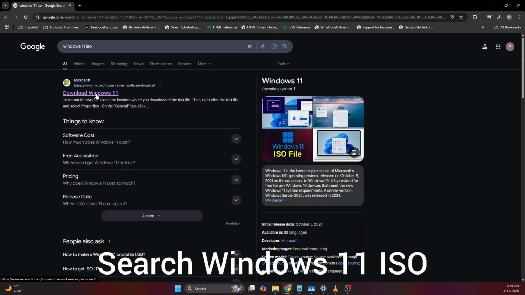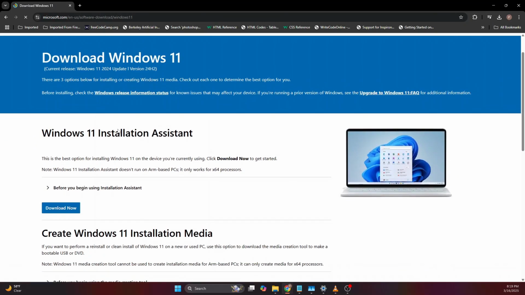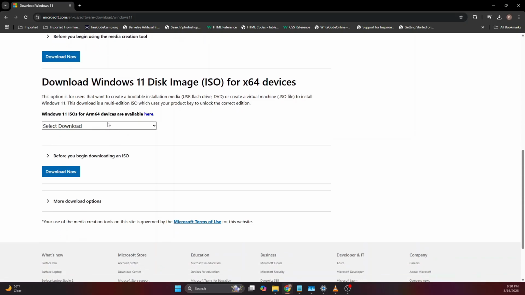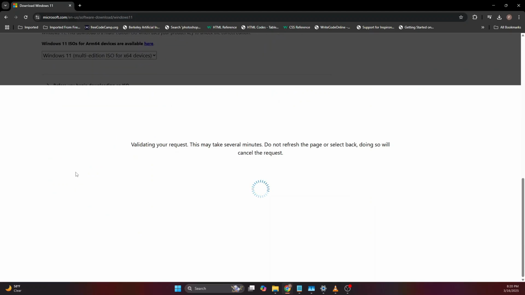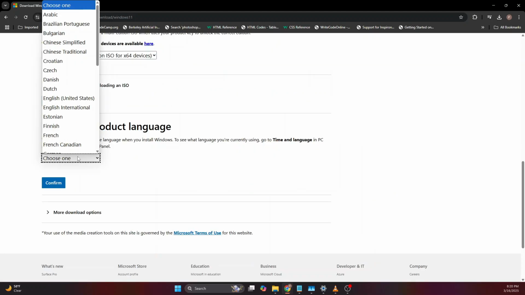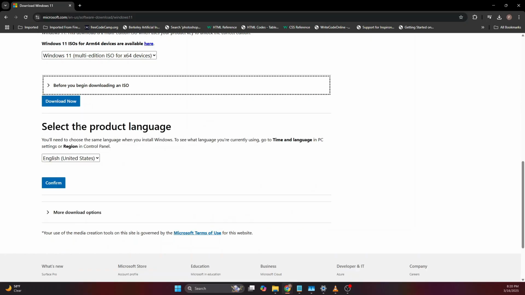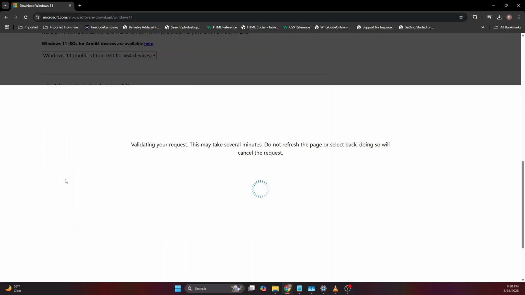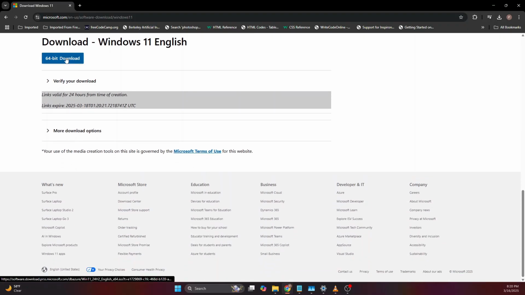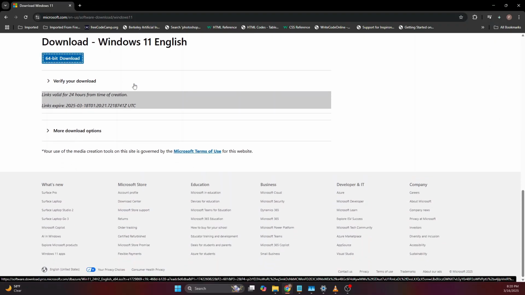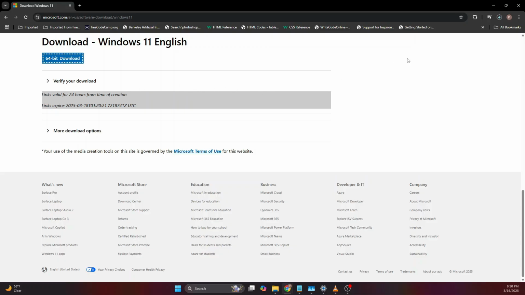You want to select download Windows 11 from search results. You want to scroll down to the third one to download the ISO. You want to select Windows 11 Multi-Edition ISO. Select download now. On the next screen, you're going to select your language. So I am English, so I select English and hit confirm. Next screen, click on 64-bit download and